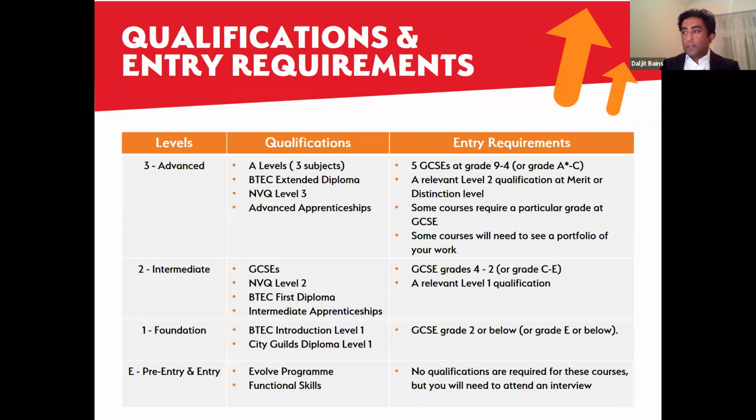So 5 GCSEs grade 9 to 4 is what is normally required to get onto a level 3 course. And the types of qualifications you can do at level 3 are things like BTEC extended diplomas, NVQs, advanced apprenticeships. I'll go into advanced apprenticeships later on in the slides, but I just want to stop and explain what a BTEC is, compared to an NVQ, and possibly compared to a normal A-level pathway or a GCSE pathway. So BTECs and NVQs, which is a national vocational qualification, are what we call